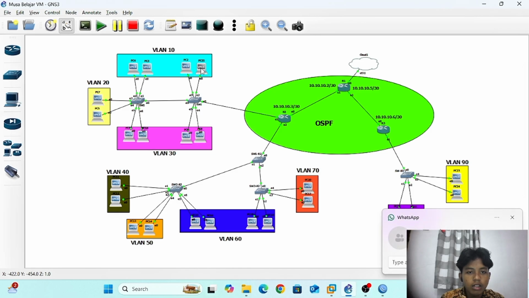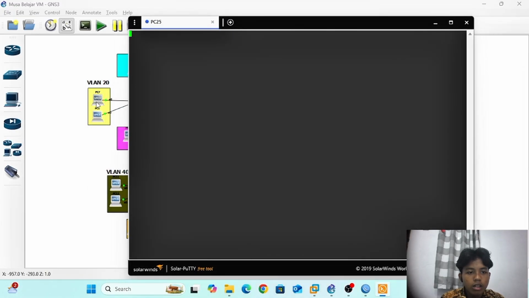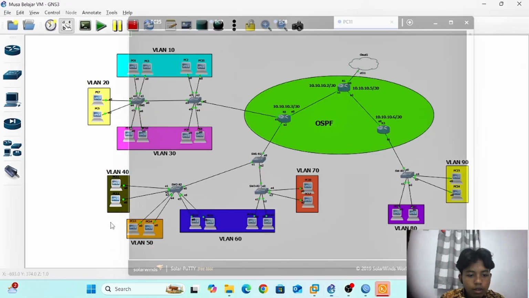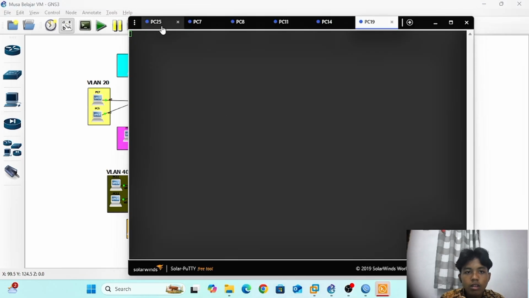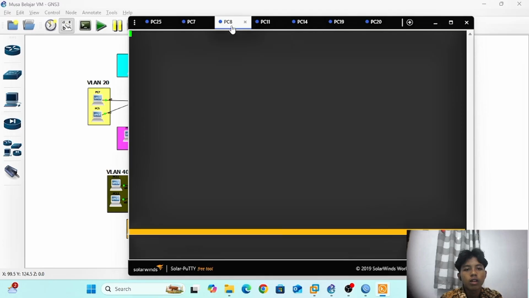Checking the client, open VLAN 10, 20, 30, 40, 50, 60, and 70. Get IP from DHCP.